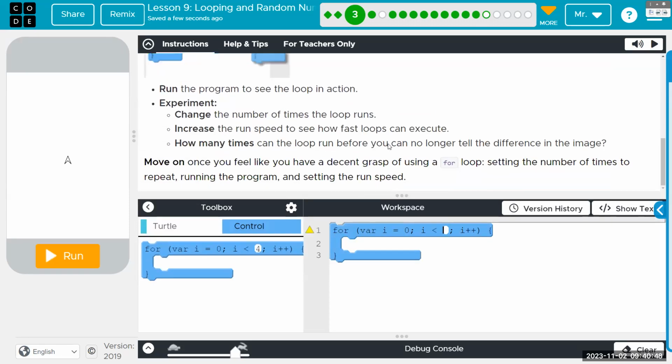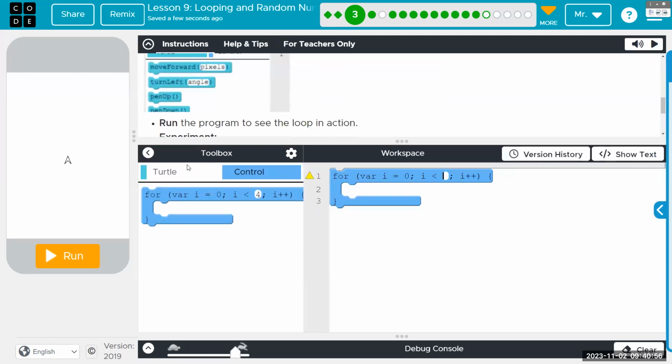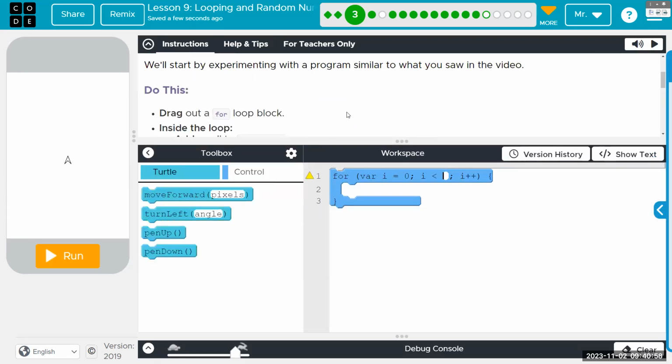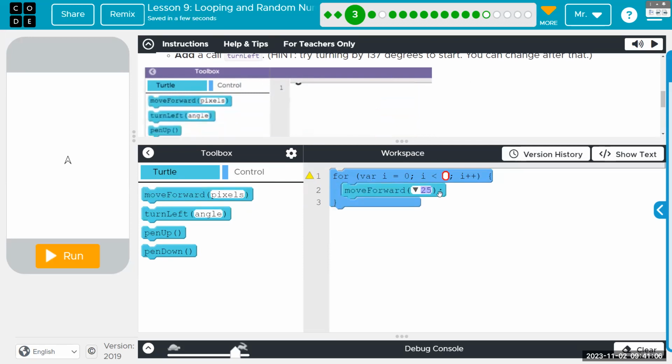And all we need to do here is run some sort of loop. It doesn't say specifically what we need to do, but it says move forwards and turn 137. So let's do a move forward. It has it at 25, but it's kind of hard to see.